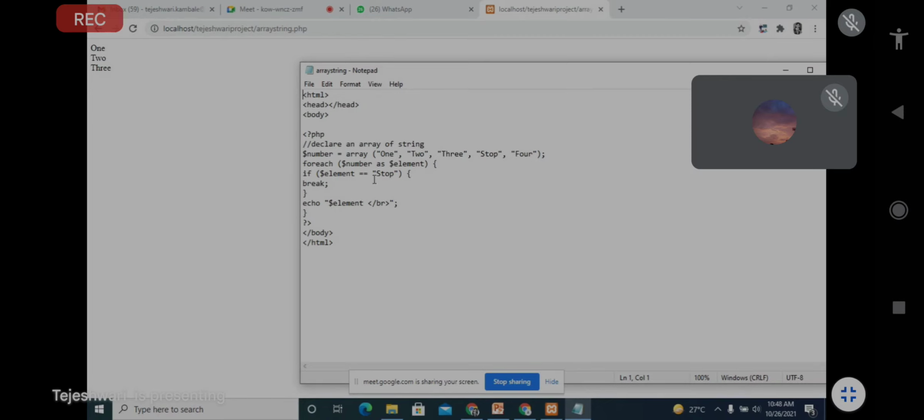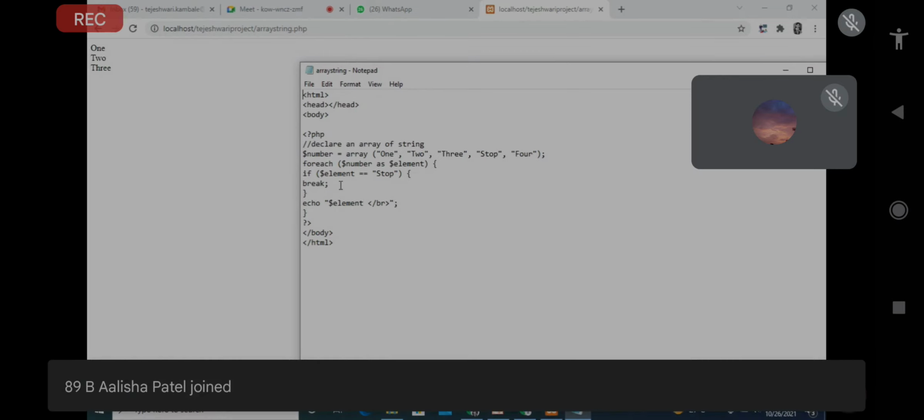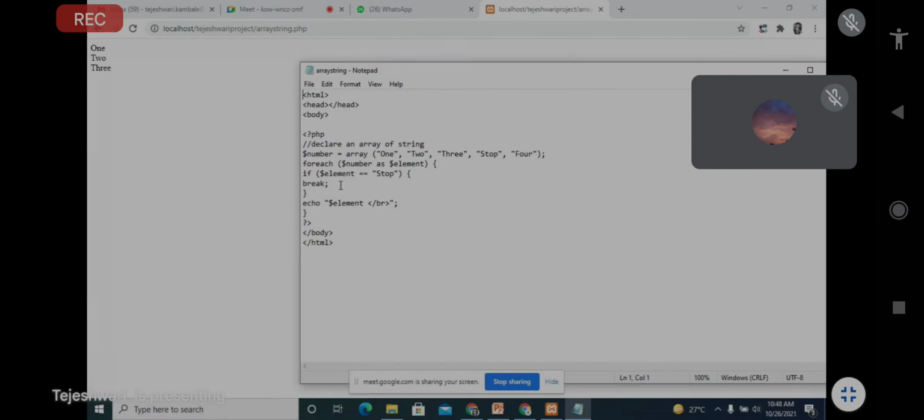Whenever the condition you mentioned in the if is satisfied, only then the control will be stopped, and whatever comes before, that is 1 2 3, will be printed by default. So your output will be like this: 1 2 3.